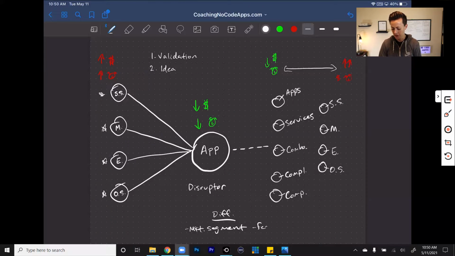You can differentiate yourself with your app's features, potentially. You can differentiate on things like price, or the amount of time it takes for certain processes to happen. You can differentiate with both of those things, right? This goes back to the spectrum up here that we touched on a little bit.